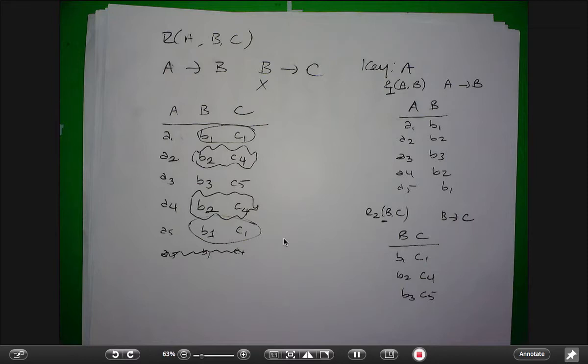So A implies B. If you have the same A value, you should have the same B value, right? But not vice versa. There's nothing that says that if you have the same B value, you should have the same A value. So remember that the dependency goes only in one direction. Sometimes you would have both ways, right? Like, that was the example for